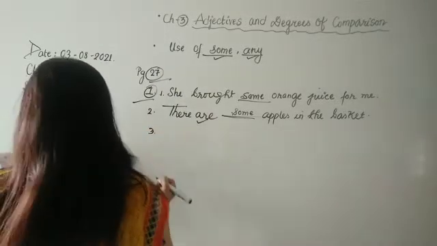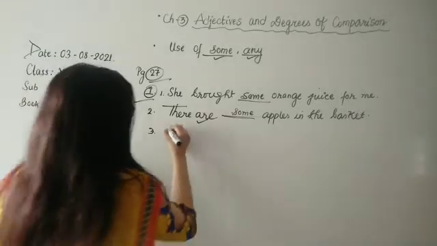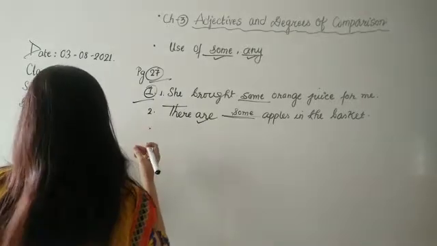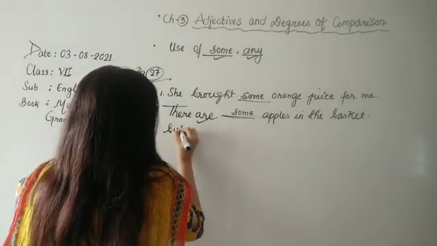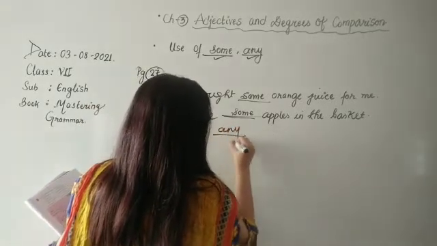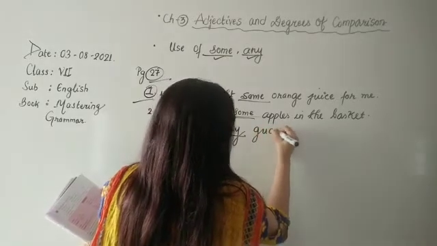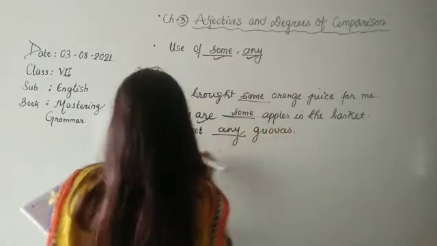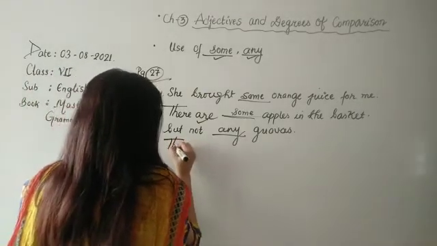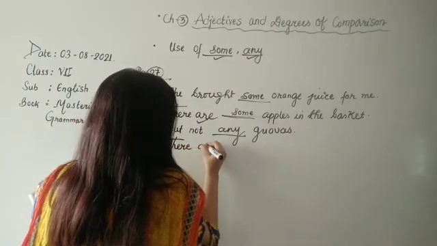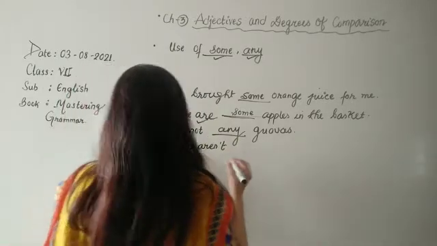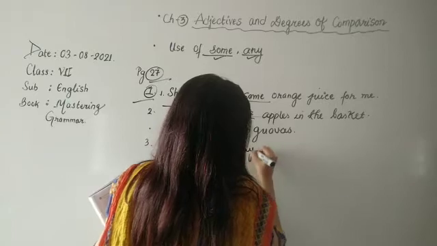Number 3. There aren't dash flowers. Aren't. Okay, we haven't completed number 2 sentence. I think we have something more. But not. See, the word not is used. So which word are we going to use? Any. Not any. Right? Number 3 now. There aren't. See, again negative. So what did I tell you for negative sentences? There aren't any flowers in the vase.